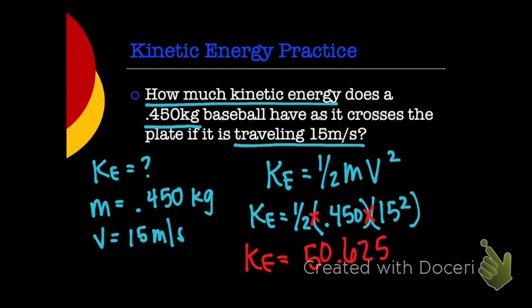Let's take a step back. The unit would be kilograms times meters squared over seconds squared. That's really ugly, okay? So instead we abbreviate this unit and call it joules, and it's just a capital J. All of our energy is measured in joules. So all kinetic energy and potential energy will have the unit joules, and it's a capital J. It's just an abbreviation of that unit, kilograms times meters squared over seconds squared. Okay, capiche?